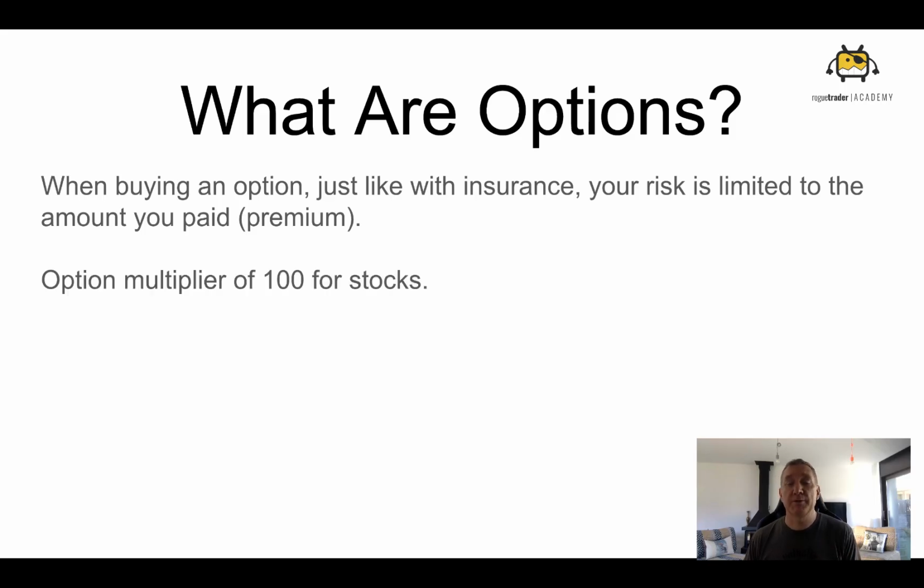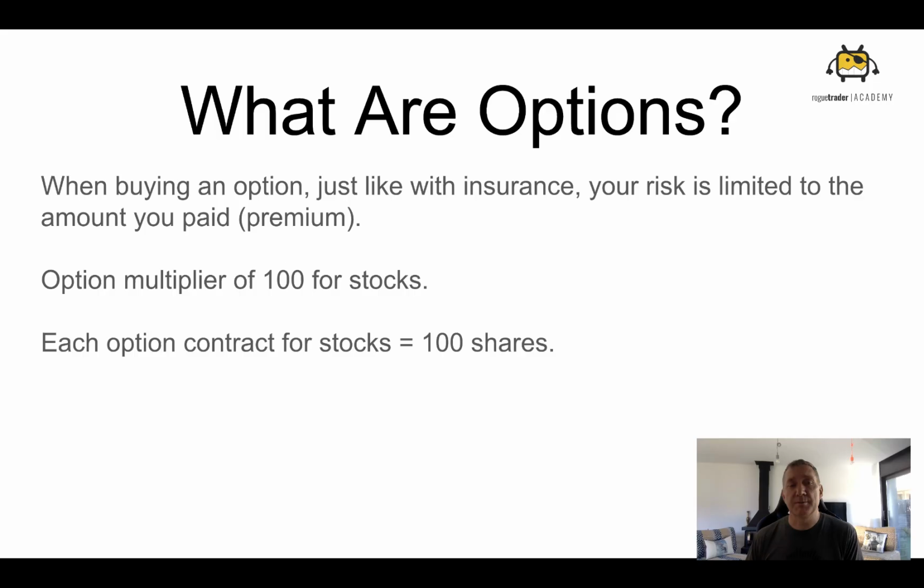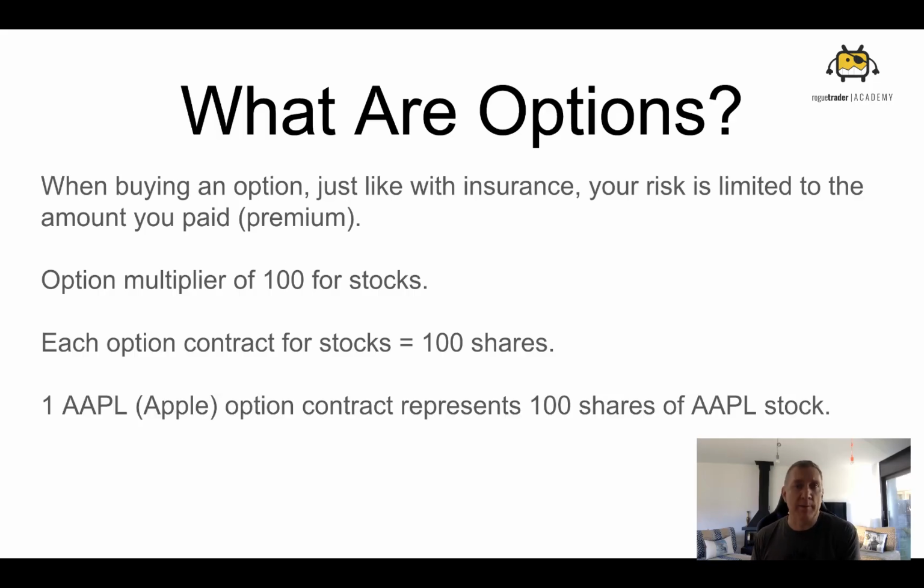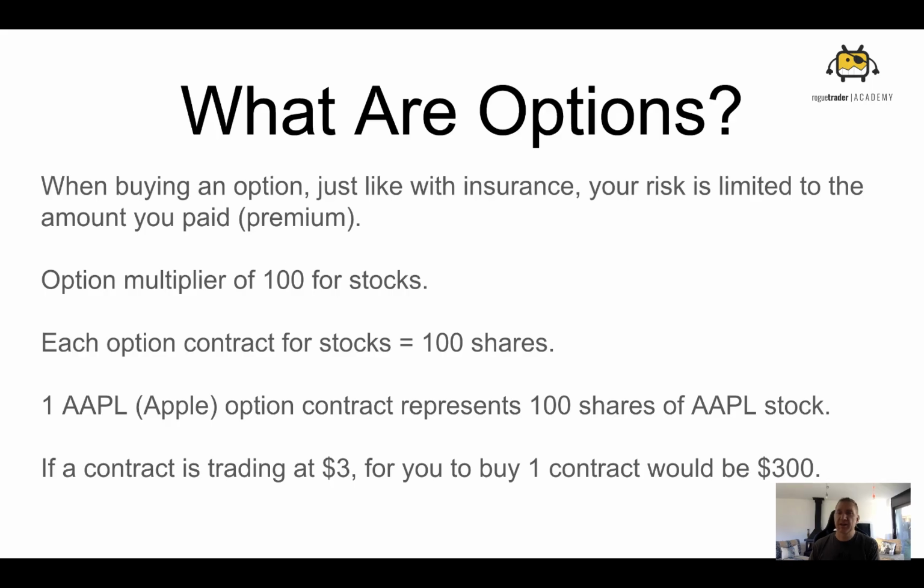So I just showed you two examples using cryptocurrency, but options can be used for anything: oil, gold, stocks. It does not matter. There is something called an options multiplier when we're talking about stocks. So one stock contract is almost always going to equal 100 shares. So for example, you have one Apple, AAPL is the trading symbol for Apple. You have one Apple contract that represents 100 shares of Apple stock. So if someone says to you, hey, what are those Apple call options, this certain price trading for, and you say $3, well, that actually means it would cost you $300 because you have to multiply 3 by 100 shares.